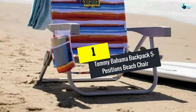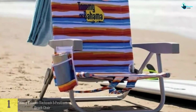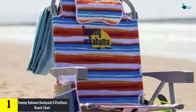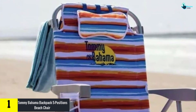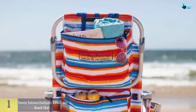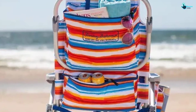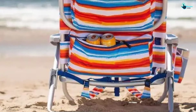And finally at number 1, we have the Tommy Bahama Backpack 5 Positions Beach Chair. In case you need a comfy backpack beach chair that will offer great relaxation, this is a nice unit that you should think about. The chair has up to 5 adjustable positions, making it a selection that will suit your relaxation needs. In addition to this, the beach chair has been covered in a quality durable 600D polyester fabric material